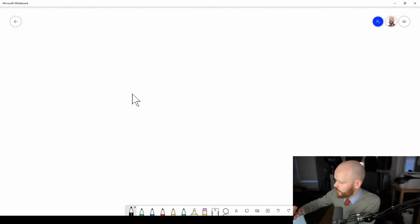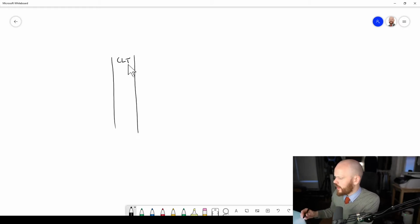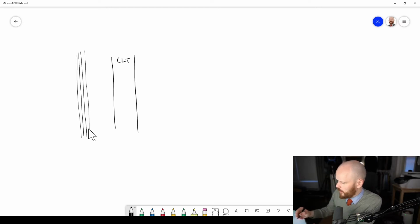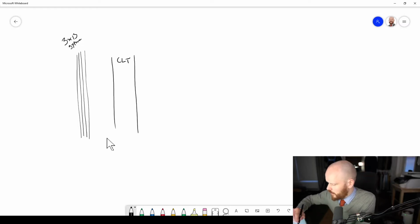Perhaps if you have a unit separation wall, it's a load carrying CLT. And then I would propose something like this, that you go with a triple gypsum. Oops, let's see if I can draw a little bit straighter. 3 layers of gypsum. And then, depending on the ceiling height, but perhaps 95